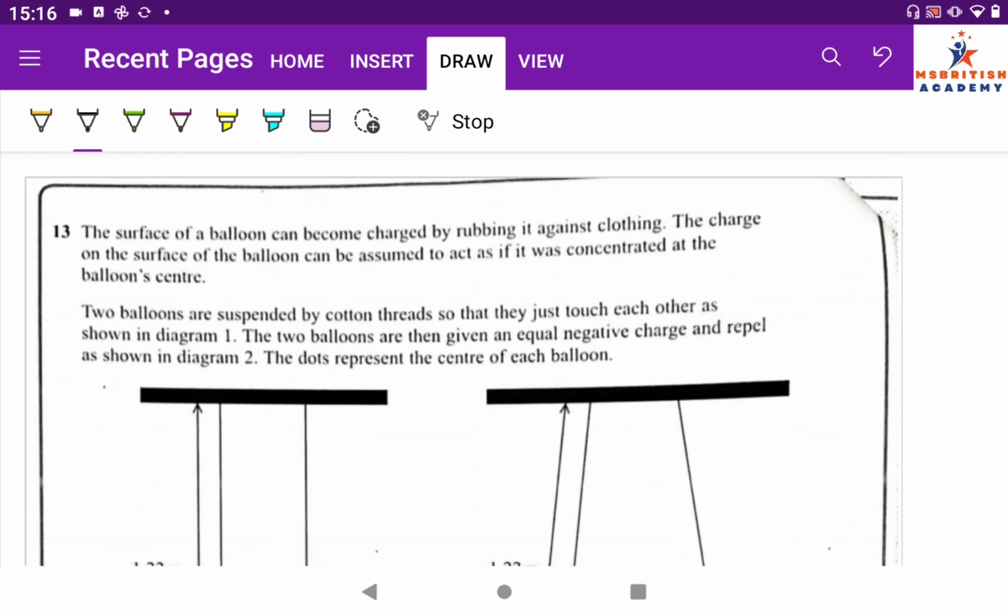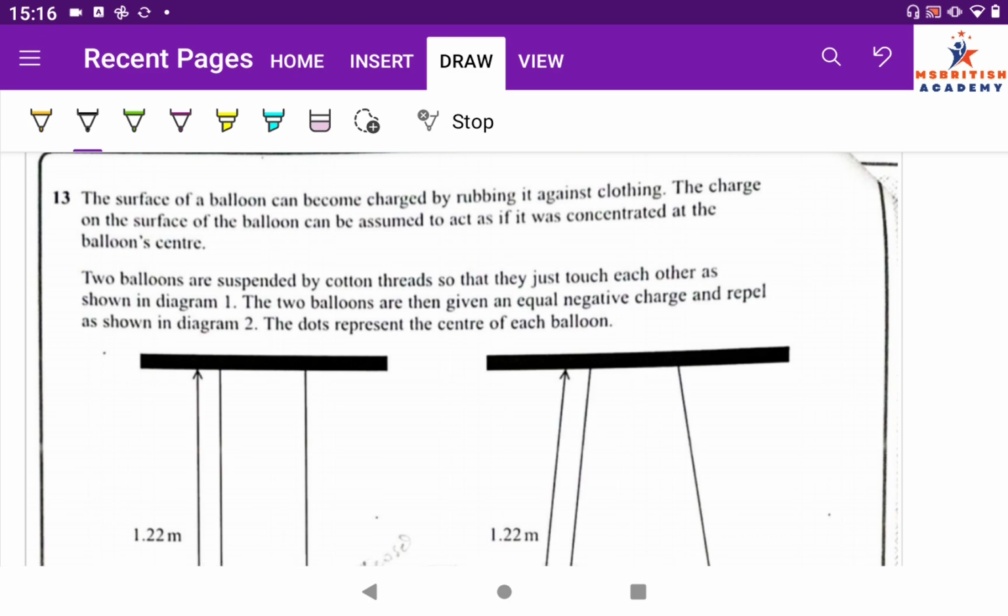Now, the surface of a balloon can become charged by rubbing it against clothing. This is done by the transfer of some charge, which is called induced charge. The charge on the surface of the balloon can be assumed to act as if it was concentrated at